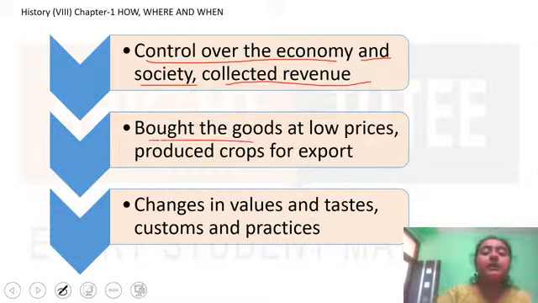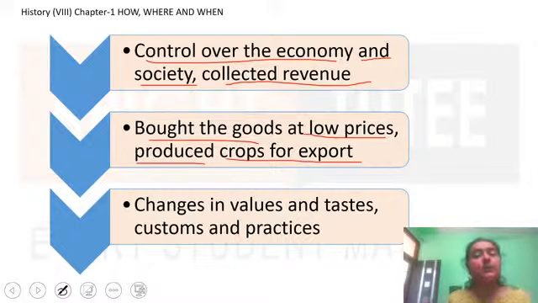Okay students, bought the goods at low prices, produced crops for export. Goods were bought here at low prices. Why? Because the farmers and peasants here were forced to grow different crops, so that they could buy at low prices, because they could force them, hit them and do whatever they wanted, and produce crops for export. One was cotton. Cotton was grown here, it was exported to Britain, the clothes were manufactured there, and then